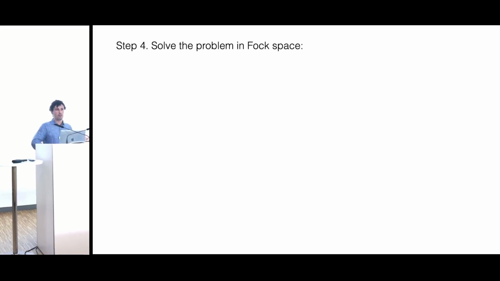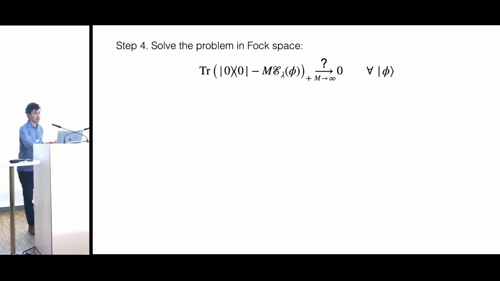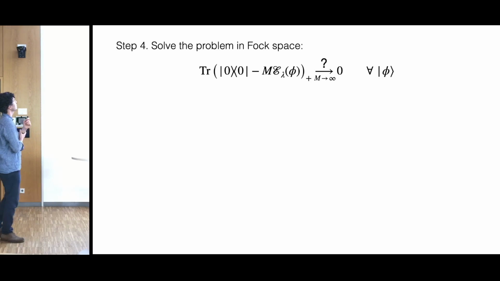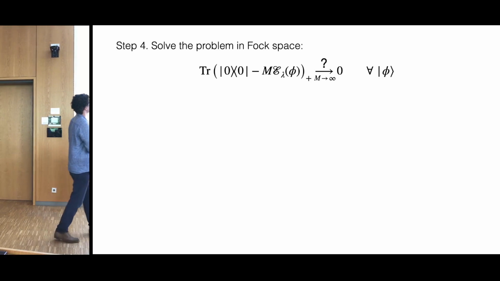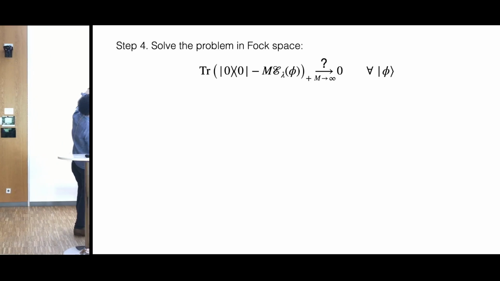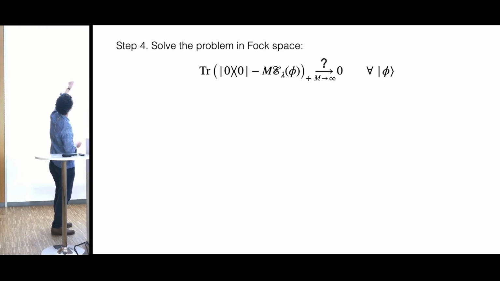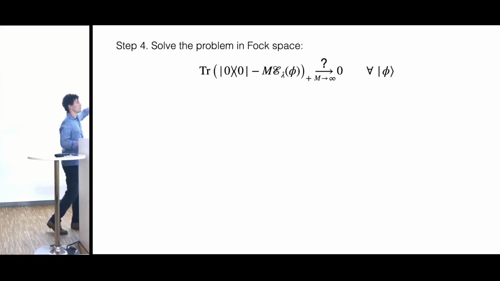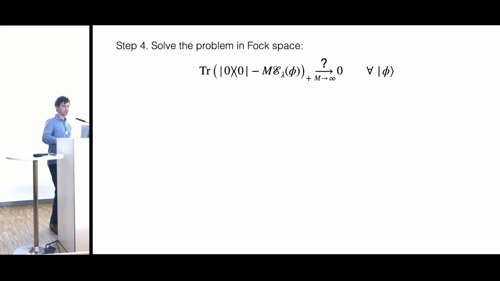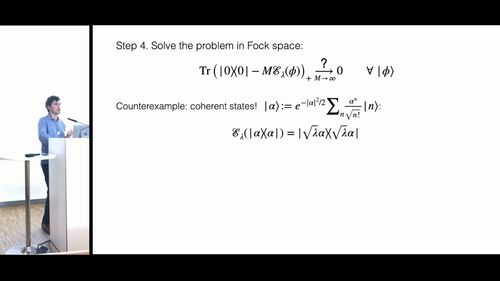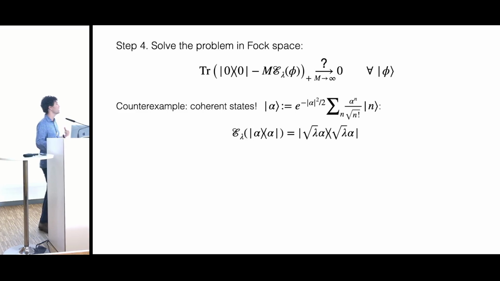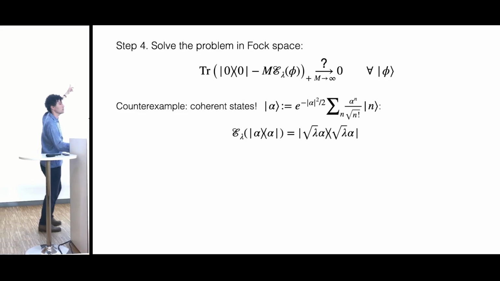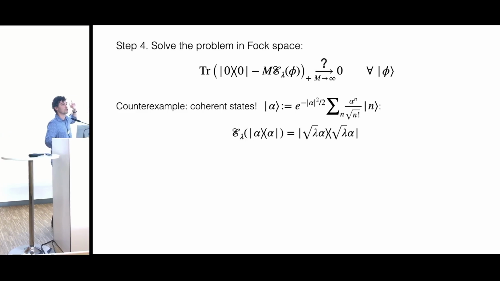And now the problem is moved to the Fock space, and we can solve it in the Fock space. And it turns out that the situation you have is something like this. I'm asking whether, given any fixed state phi, if I apply a pure loss channel, E lambda, and I take this limit in m, I get 0 for the trace of the positive part. Turns out to be false, because the coherent states are an easy counterexample. Coherent states are mapped to pure states, so other coherent states. And if you have two pure states, this is not true,